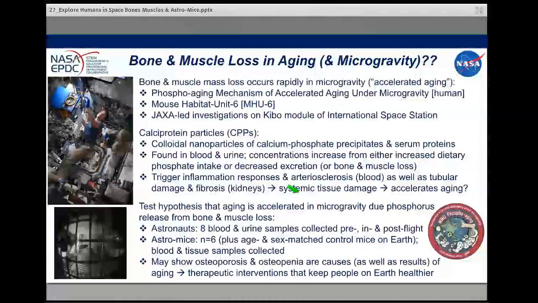can change if you change the level of phosphate in the blood, and whether that's from an increased dietary intake or the kidneys not being able to get rid of the excess phosphate as well. If you have an increase in these CCPs in the bloodstream, what tends to happen in these mouse models of human aging is you get inflammation and arteriosclerosis in the blood vessels, and you have damage to the kidneys, fibrosis and tubular damage. This systemic tissue damage, anytime you damage tissues, you're going to trigger inflammation, and so it becomes